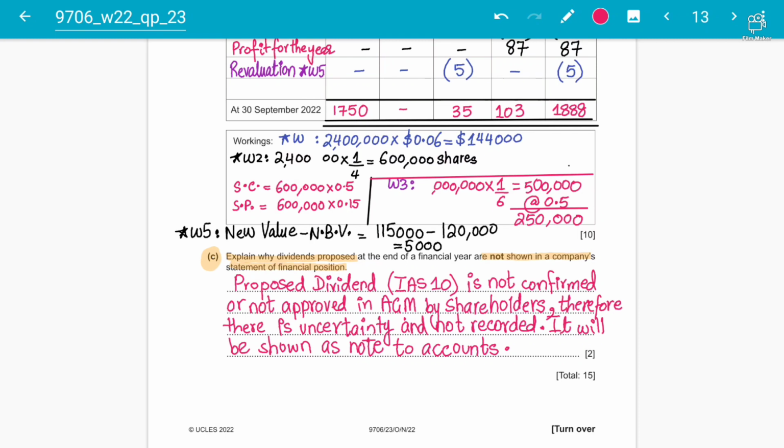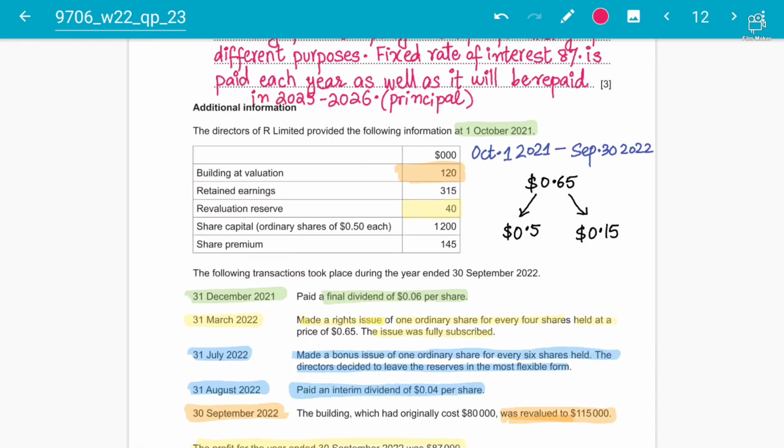एक तो आप बता दो एग्जामिनर को कि भाई जो डिविडेंड्स प्रपोज किए जाते हैं उनको नोट्स में शो करते हैं, उनको स्टेटमेंट ऑफ फाइनेंशियल पोजीशन में शो नहीं करते, उनको सिर्फ मेंशन करते हैं क्योंकि बिकॉज दे आर नॉट अप्रूव येट. सो दैट इज़ वाई वी कैन नॉट रिकॉर्ड दैम एज वेल. मे बी इसमें चेंजेस हो, शेयर होल्डर्स को इंक्रीज करवा लें, और जब तक पे नहीं करेंगे जब तक हम इसको रिकॉर्ड नहीं करते, जैसे कि फाइनल डिविडेंड और इंटरिम डिविडेंड होता है.